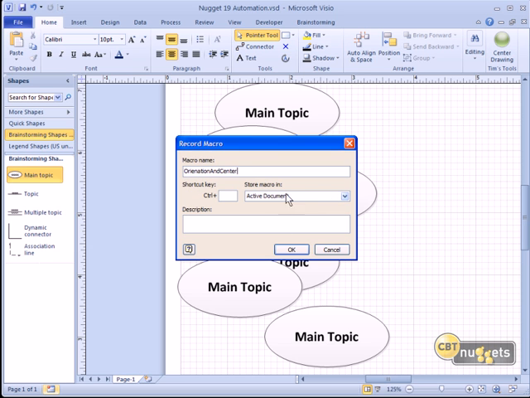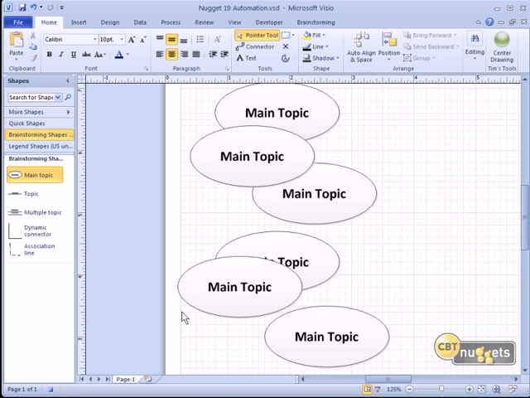I'm going to store the macro in the document, which is the default. And as description, this is a good idea to document our code as much as possible. Set page orientation to portrait, center drawing. Click OK. And now we're actually recording. If we come down to the status bar and hover over it, this is going off the recorded area, and I'm sorry about that. But there's a tooltip that says a macro is currently recording.